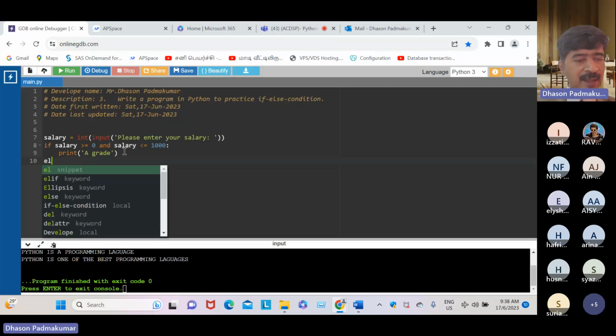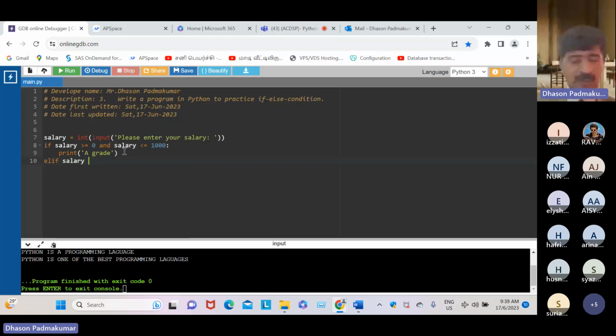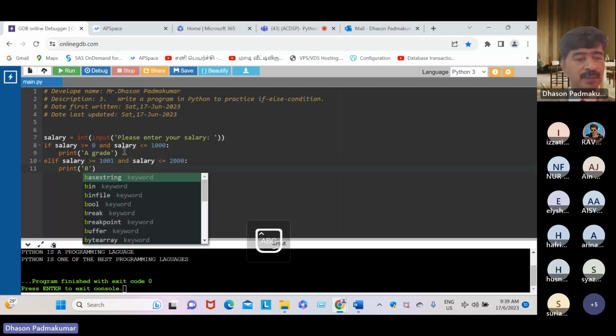The cursor comes to that side. Next is elif. Next condition: salary greater than or equal to 1,001 and salary less than or equal to, let's say, 2,000, and the action is print B grade.